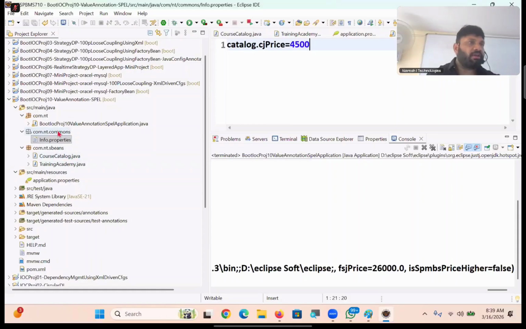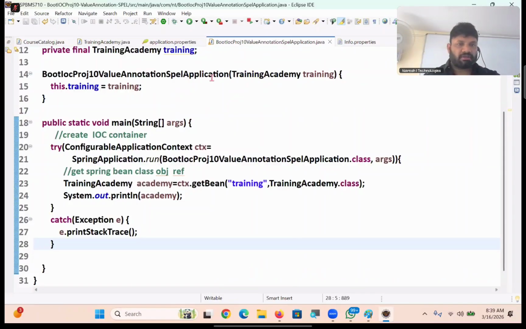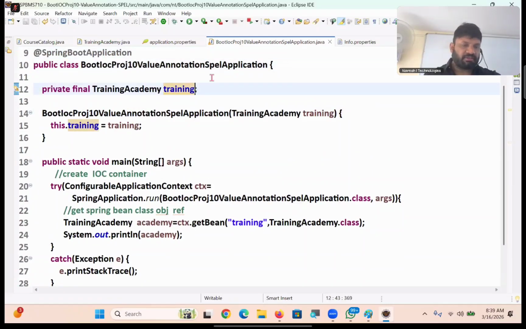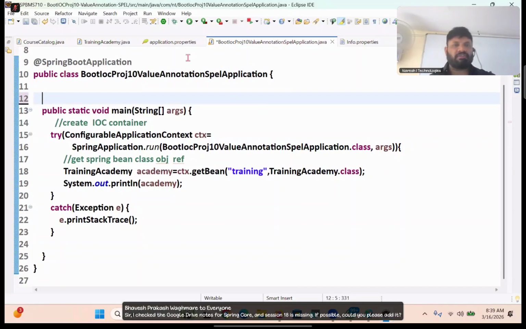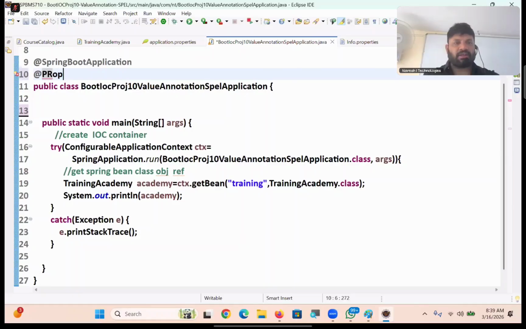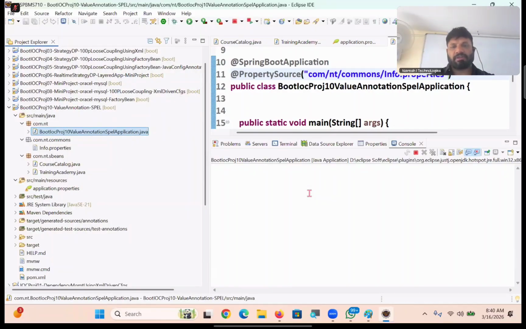Okay, but now we have to configure it, right? How to configure it? Option number 1. This came by mistake, guys. This is not required. Leave it. I don't want to inject anything anywhere. Here, add the at the rate PropertySource annotation with com/nt/commons/info.properties. What dot properties, guys? Info dot properties. Right click, run as